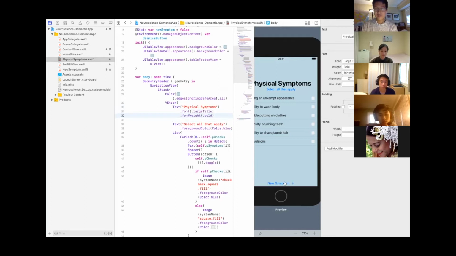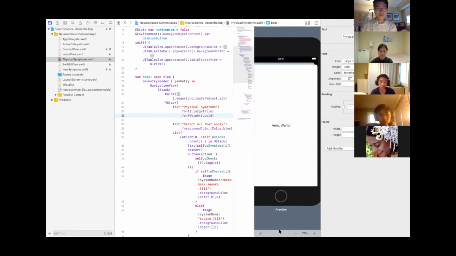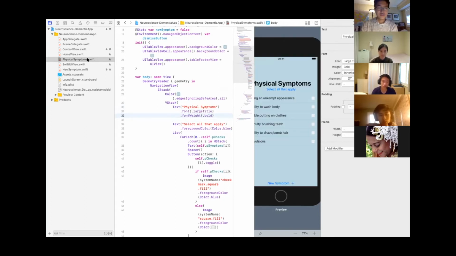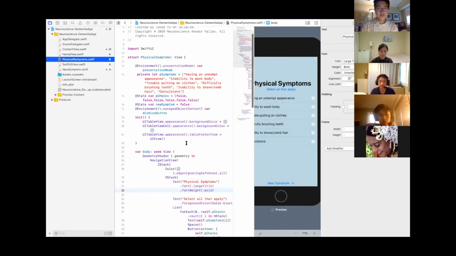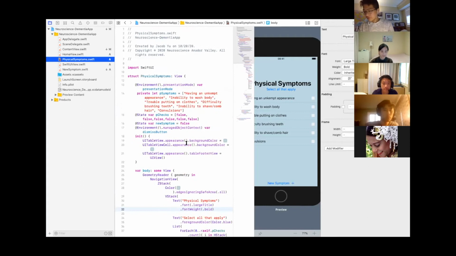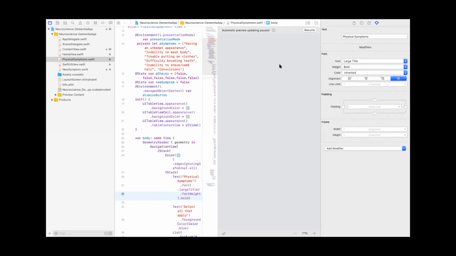And then we have new symptom. That button works. It pulls up the new symptom file. And I believe that is it for physical symptoms. Is that correct? Okay. Cool. There's also something we can do later, just making the new symptom button have an actual shape around it. Yeah, so we're going to work on the